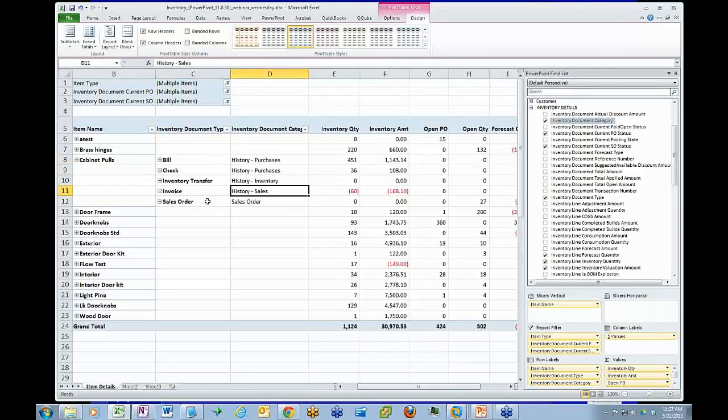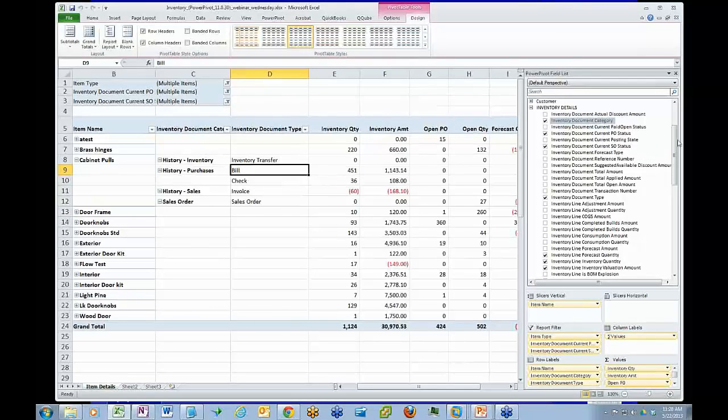Invoice is part of sales, and we have sales orders. So I'm going to switch the order of these things. And you see now that instead of having to look at each detail for bill and check, I can just